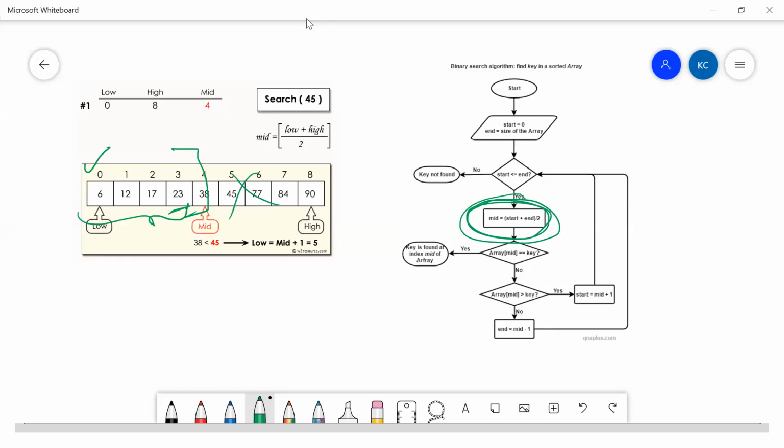It is so intuitive, guys. It starts over here, and we calculate the mid, and we would be modifying the mid as per our condition over here. What is our condition? Mid is equal to start plus end by 2. This is so simple. And whenever start is not less than end, then you are saying the key is not found. Or else, if you find it straight away, then you're saying yes, you found it in the array, right?